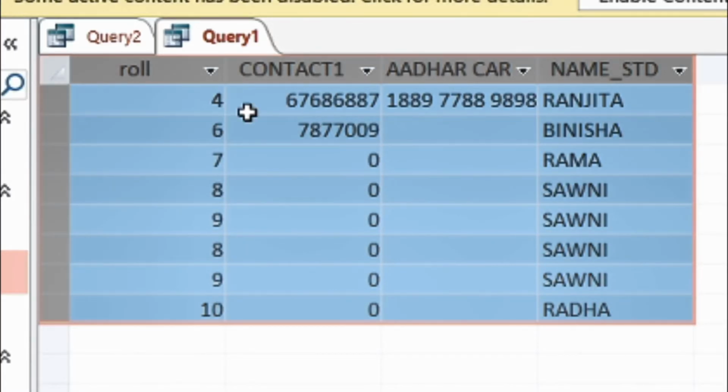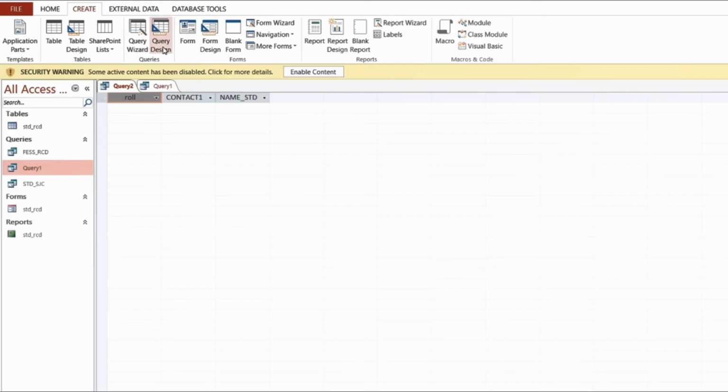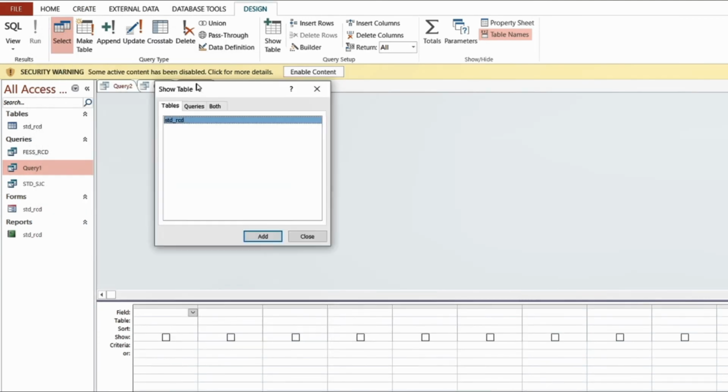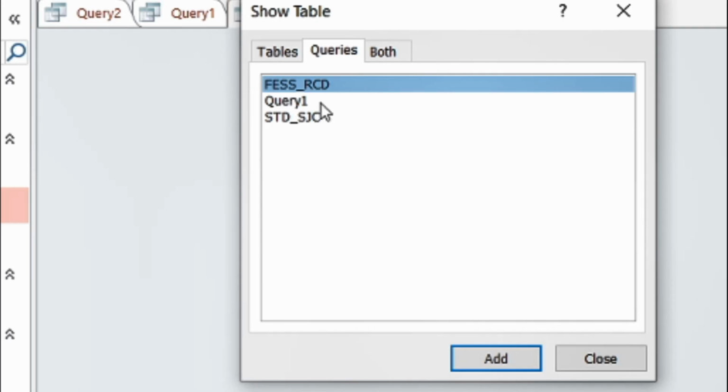So let us close and generate a query again. That was a simple query. It is not that every time you will get records. If there is no record matching the condition you have applied, it will turn false, so there will be no display of any generated query. So let me take one more query. This time again we will take from query 1 only.